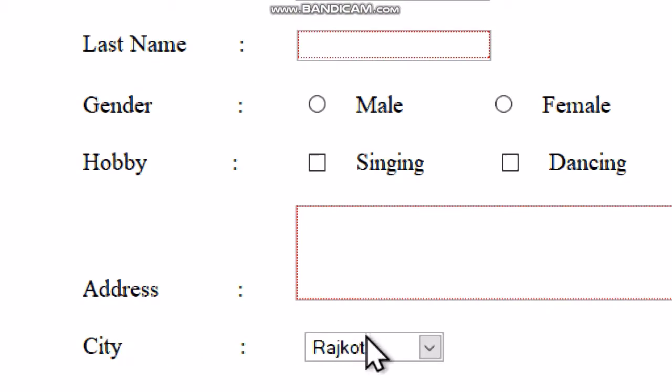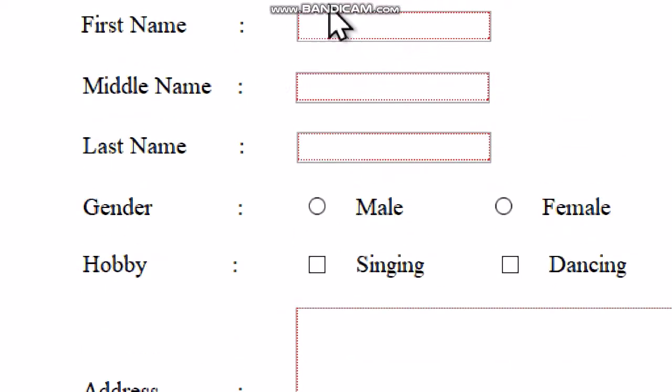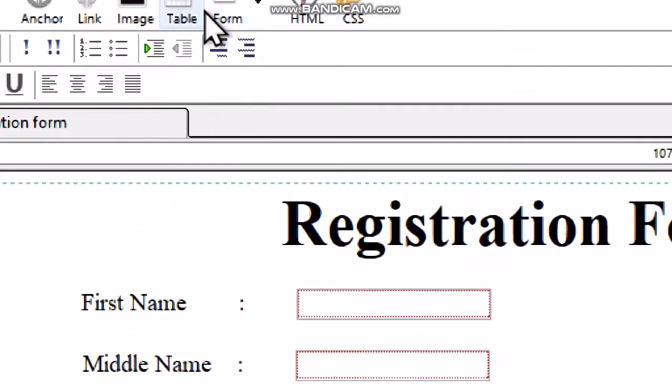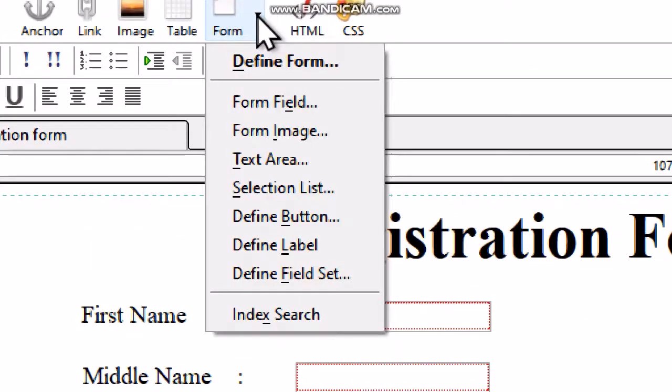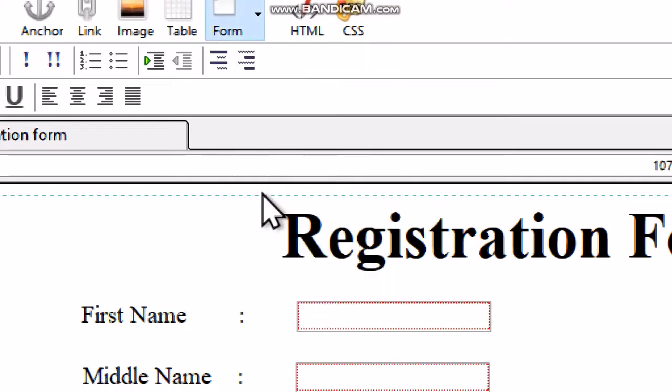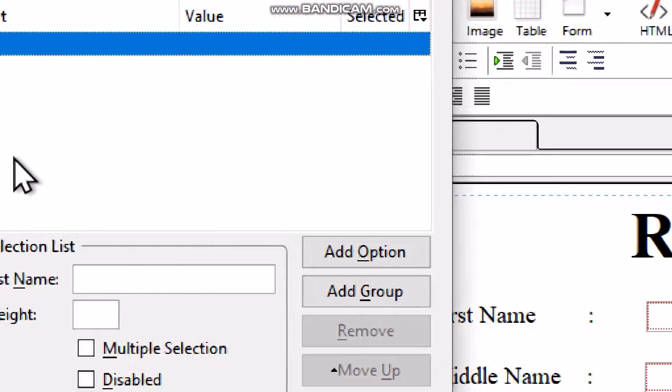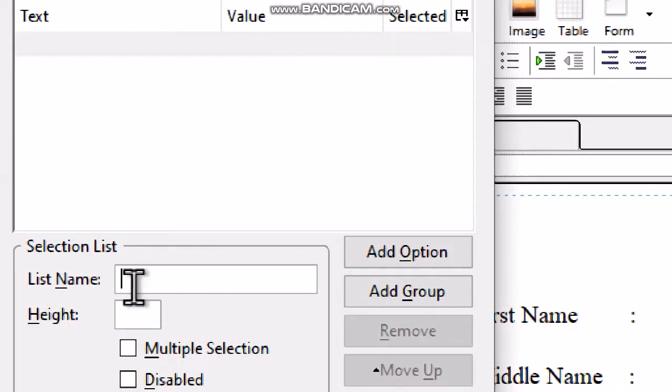Now select the city field, delete it, go on form, selection list, list name as city, add option.